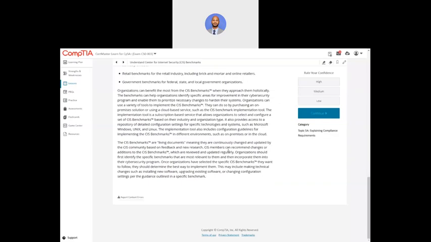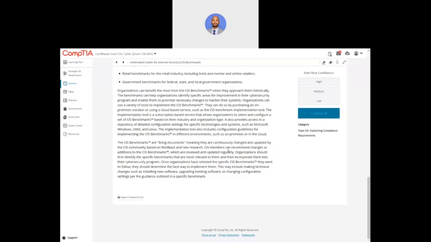So one thing of note with CIS benchmarks is they are living documents. This is not something that you're going to look at, and the last update was in 2013. As new developments come out in the industry, the documents are updated. So if there's a zero day, it will go through certain channels. Most likely CISA will get it first if it's a part of the 16 critical industries. But once it's gone through that gambit of validation that this is a real threat, there will be